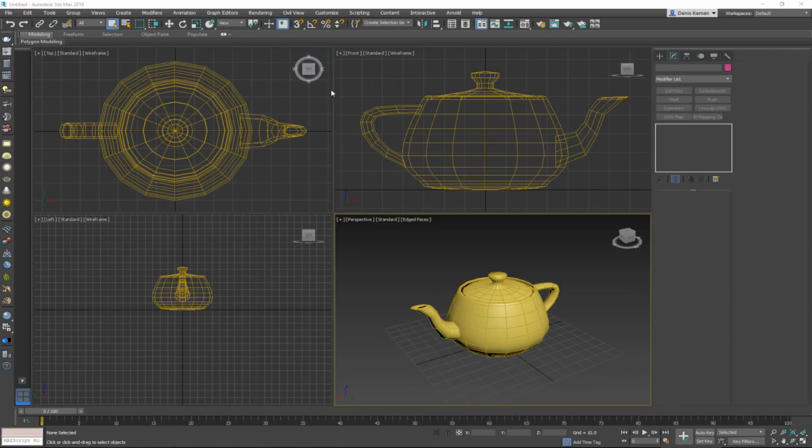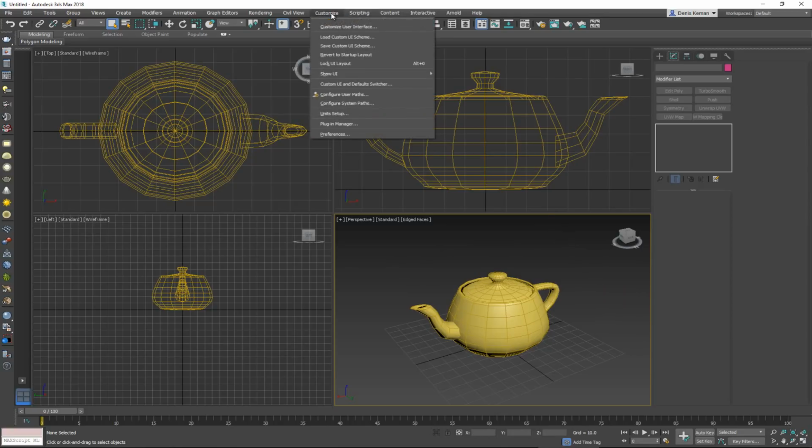Making your own shortcuts for Max can be very beneficial to your workflow, especially if you know what you're going to be doing. And if you're doing a repetitive task in which you're only modeling, or you're only unwrapping, or maybe you're doing a mix of both, you can really make your work a bit faster by applying or customizing your shortcuts. So the way to do this is you go over to customize user interface, click here,